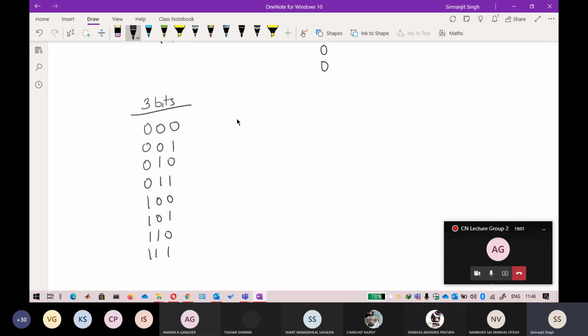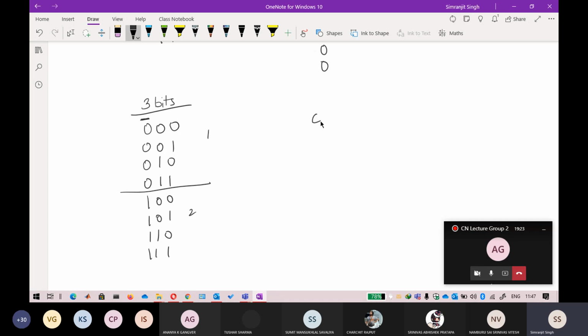Okay. So now if I again say the same thing, that if I choose one bit, how many parts can I divide this whole space into? I can again divide this whole space into two parts. The first part will contain zeros at the first bit, and the second part will contain 1 at the first bit. Okay, so it is already understood.